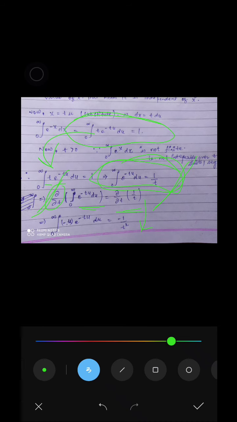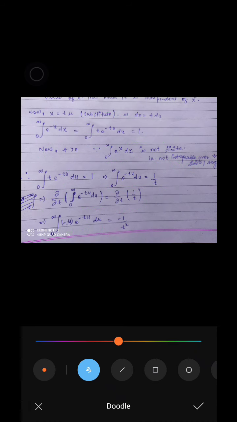is going to be, as the integral doesn't change, del y by del t goes inside and differentiates e raised to the power minus t mu, considering u as a constant now, because t is going to be the variable in this partial differentiation. So e raised to the power minus t mu, partially differentiated with respect to t, is going to be minus of mu e raised to the power minus t mu du, which is equal to minus 1 upon t square. It's a basic differentiation, so you can understand it.